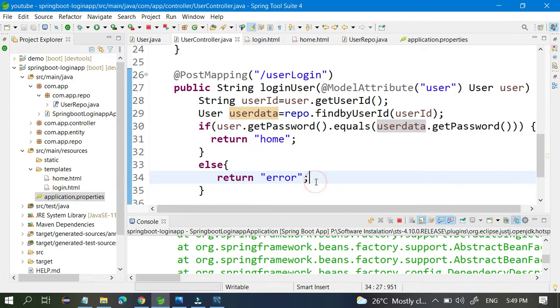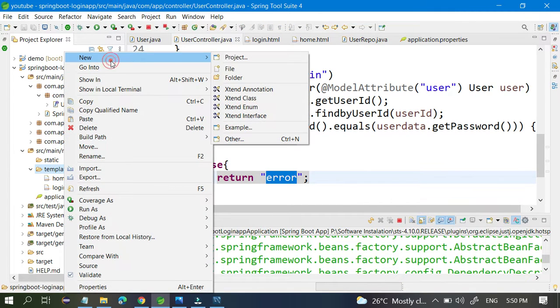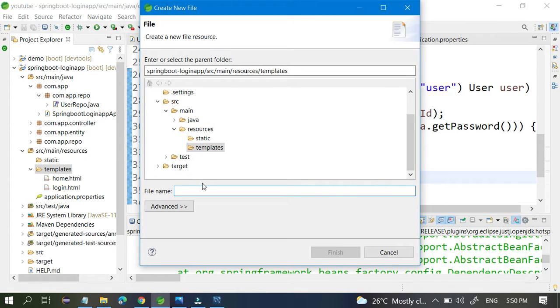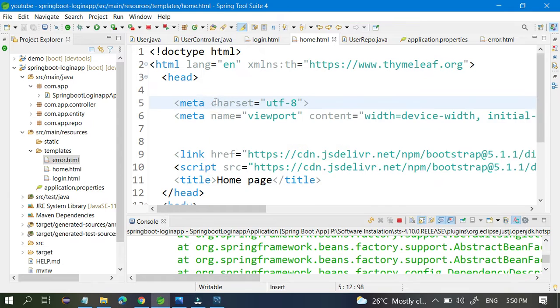So go to this and create one file and give here error.html. This one is created. Whatever you have in the home page, copy this and put it inside this page, and you have to change only one thing. Remove this green, the color is red,